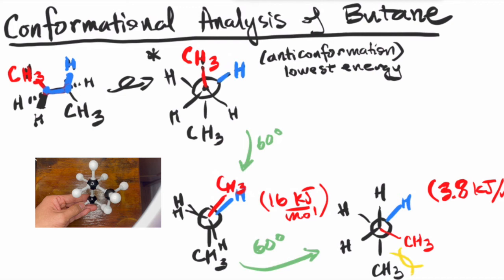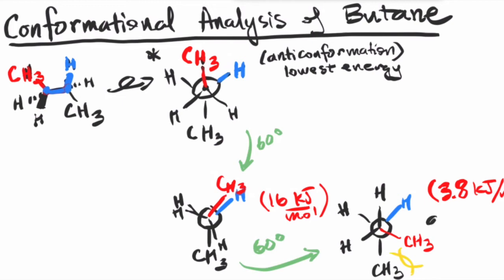So whenever you have this kind of 3D or spatial interaction, we call it a steric interaction. And in particular, when you have two methyl groups interacting with each other at this dihedral angle, we call it a gauche interaction. And so therefore, this conformation is called the gauche conformation. One way for you to remember why it's called the gauche conformation is because the word gauche means socially awkward or lacking ease and grace, right? So if you are two methyl groups crammed together like that, there's a little bit of discomfort. So that's why it's called the gauche conformation.